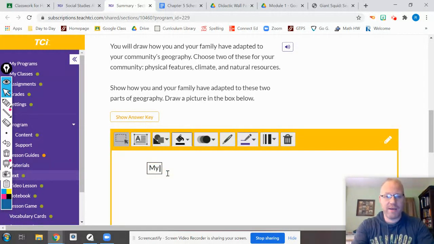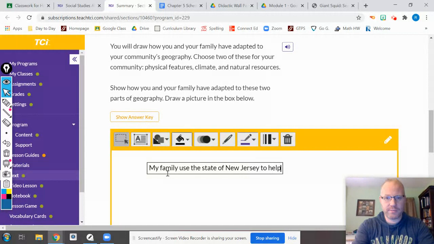And then you're going to say, my family uses the state of New Jersey to help us. The physical features of New Jersey that we use